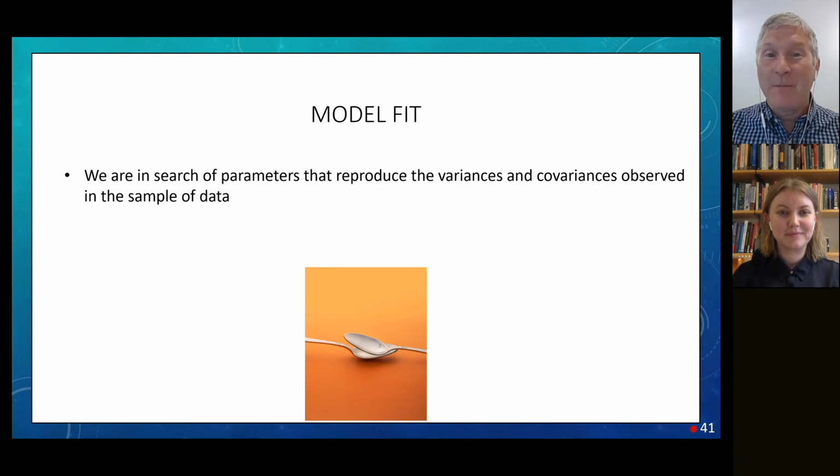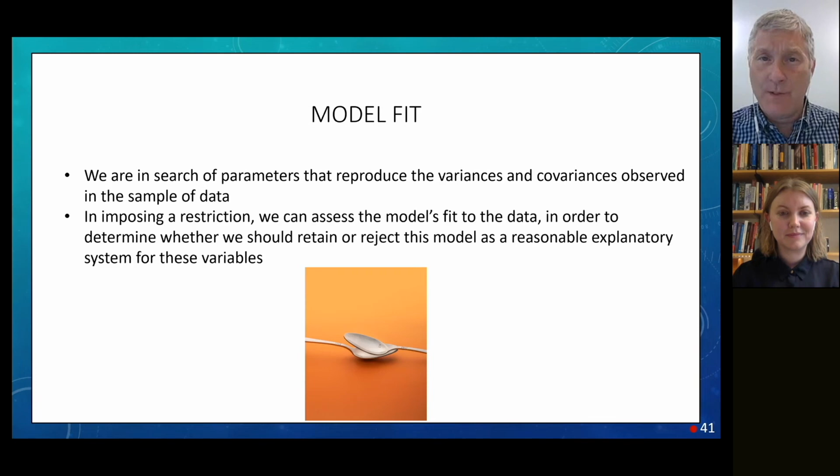We're looking for parameters, just numerical descriptions in the population that correspond mostly to the arrows that we have in our model, in a way that is consistent with the variances of the variables that we actually observe in data and the covariances between variables that we observe in data. Or if you just like to think in standardized mode, you would say the correlations between variables.